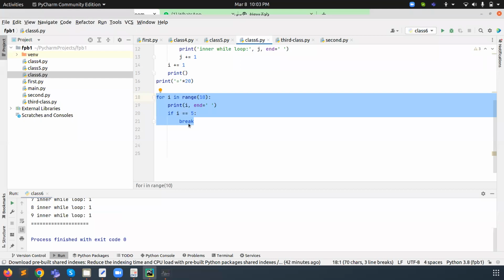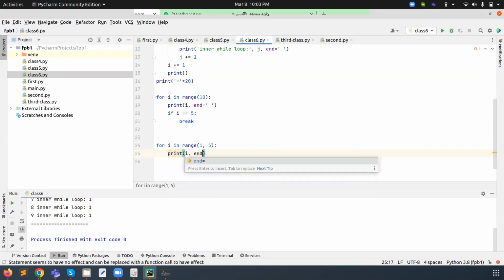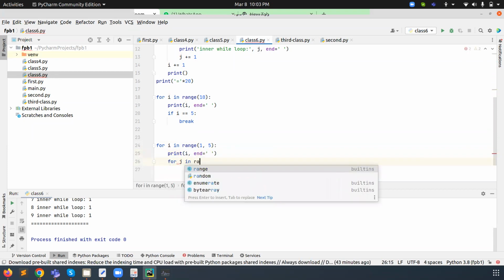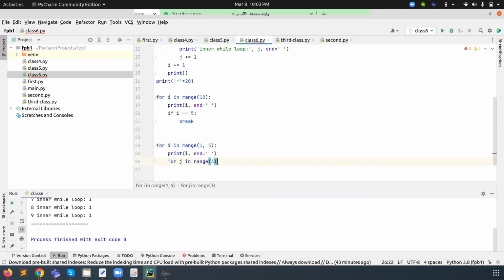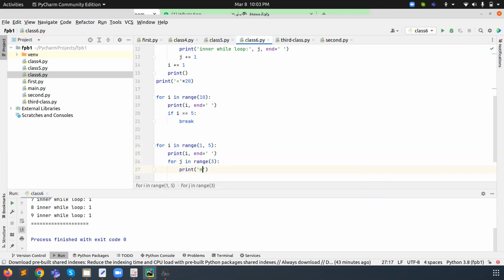So we can show that here also. I have given a single loop here. Now I give for i in range 1,5, a smaller value. Now I am printing i, and inside it for j in range 3, print j equal to comma j.